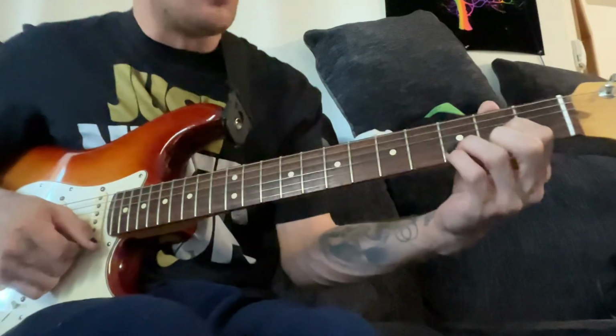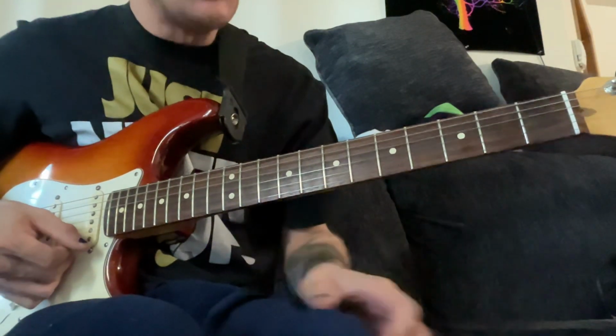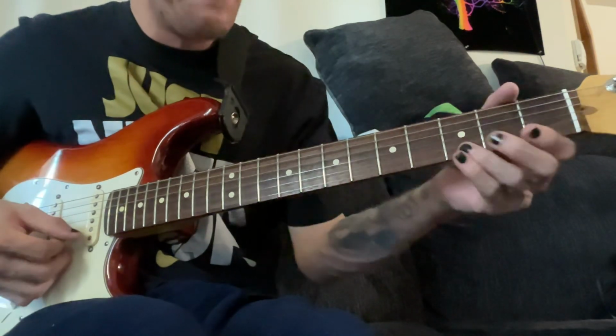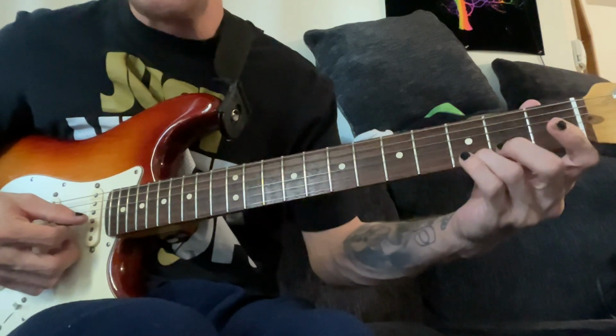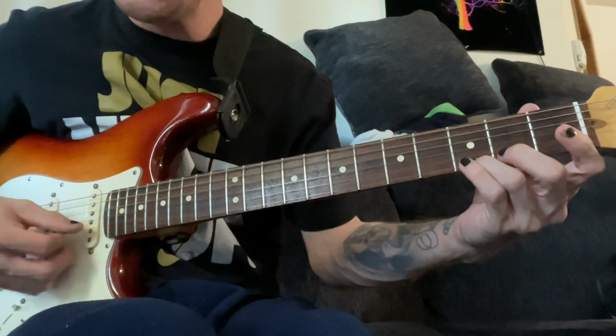And then a cool way that we're going to show you is how to play a G chord. It's a really simple way: you can take your 3rd finger here, just place it at the high E 3rd fret, and strum strings either 3, 2, 1 or 4, 3, 2,